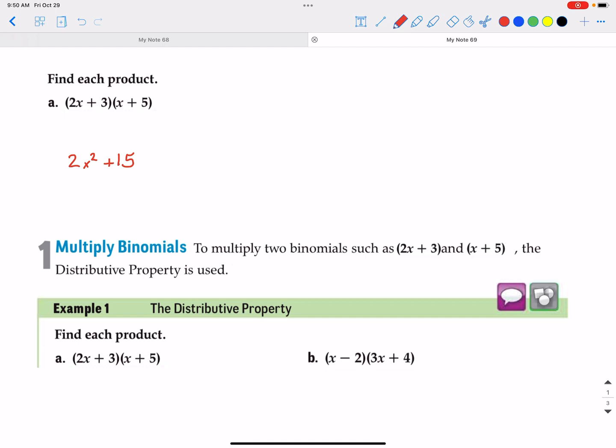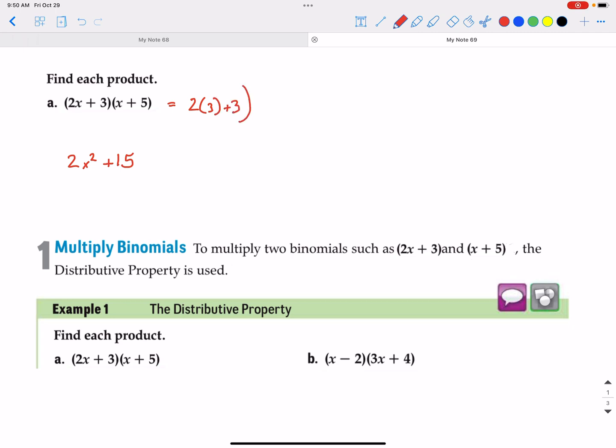So if we plugged in 3 into the original problem, I would have 2 times 3 plus 3 in the first set of parentheses, and have that times 3 plus 5 in the second set. 2 times 3 is 6 plus 3 is 9, and 3 plus 5 is 8